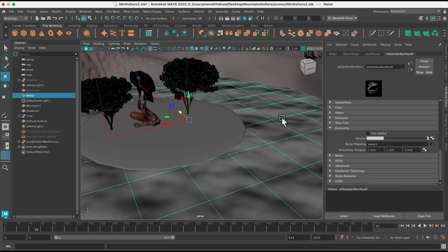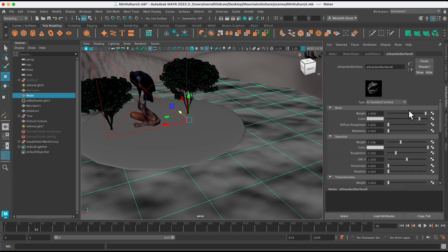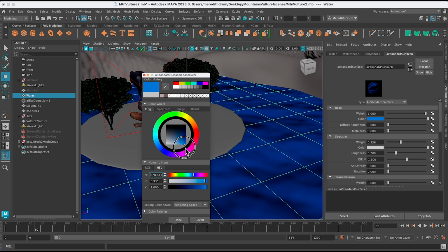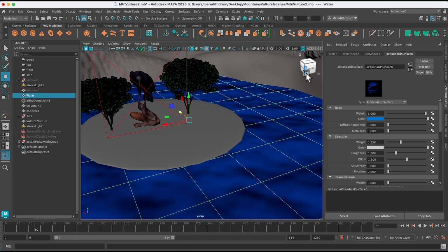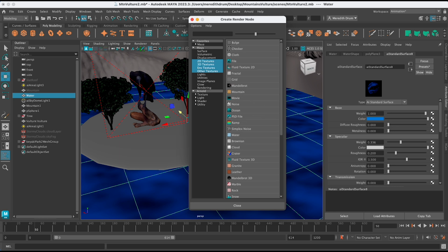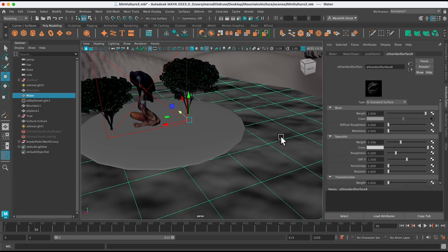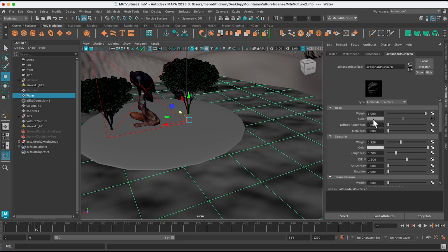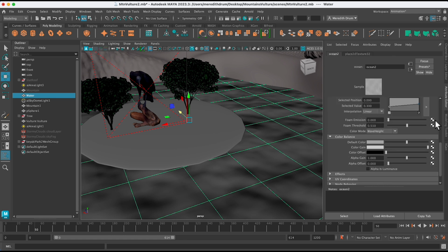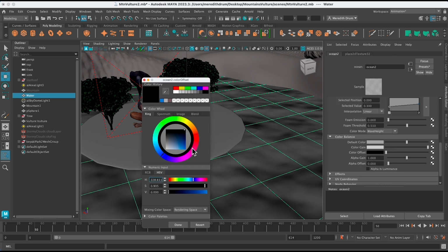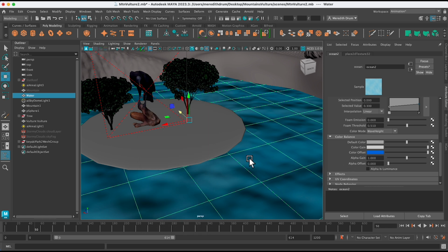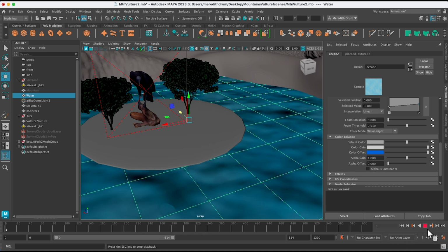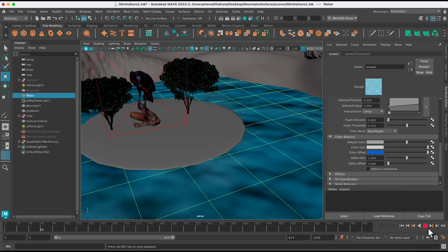And then if you want, you can go in here and change your color to whatever you wish it to be. I did an ocean shader because it's kind of a simple way of creating a ramp. So let's just go to that. And you can see here, it creates this sort of speckled ramp. And if you want to change the color, you just need to go into this where you attached the ocean shader or the ocean color and change that here. So maybe I'll make that one that. You can change some of those there. Okay, so then if you play it again, you can see that sort of gentle movement.